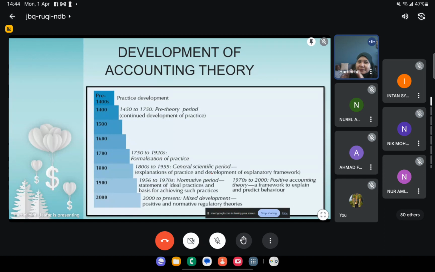Okay, so if we look at the timeline of accounting theory, the development of accounting theory, you can see here that it goes way back to the 1400s. But mind you, at that particular time there was no specific accounting theory yet. Sebab apa? Sebab